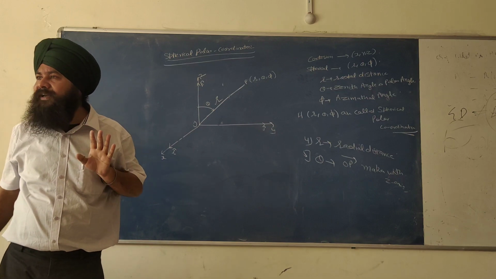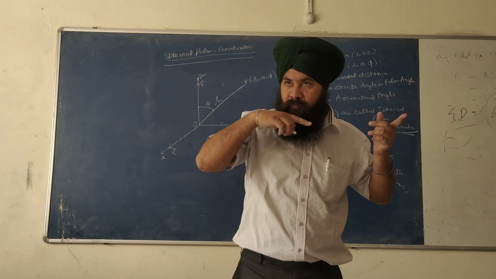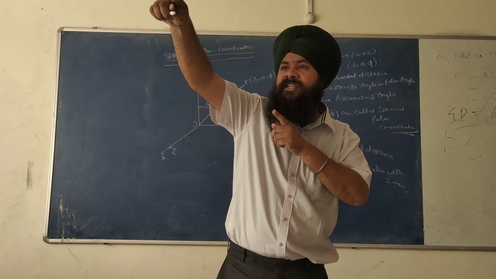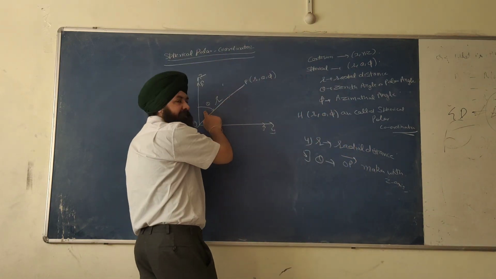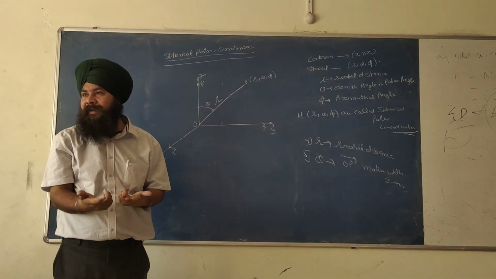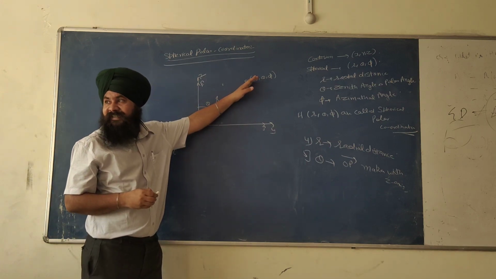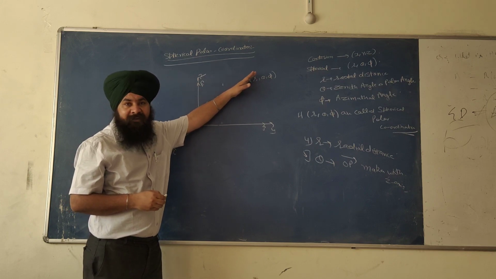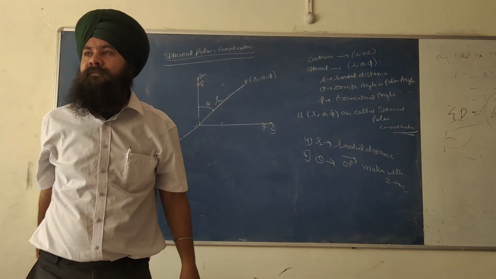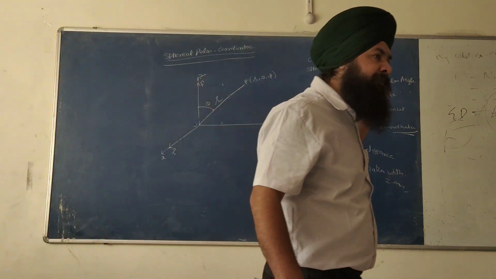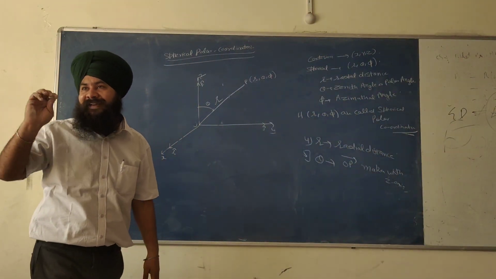What is theta? What is R? Radial distance. Theta is the angle of that radial vector with the z-axis. That is how it defines the position. See this line, this radial vector. What is the angle between this radial vector and the z-axis? That angle is called theta. See, the diagram is very important. Other things are quite easy. That is why I am writing each and every single step.